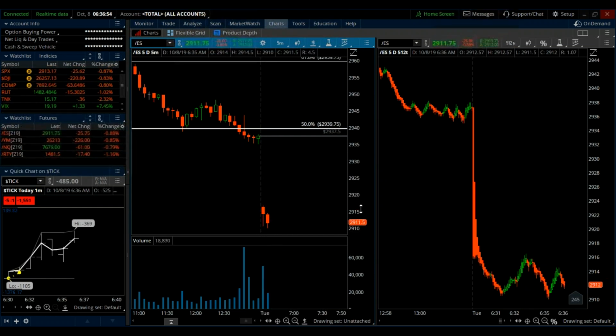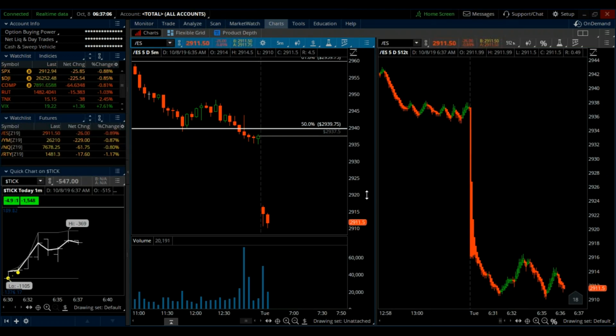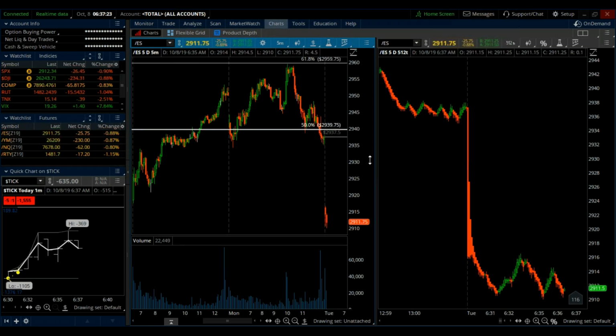So 4 points is a little bit of an arbitrary number, but just from my observations over the years, I find that if I'm going to use a point stop or a 1.5 stop, it's not so much based on the chart. Well, it has to do with the chart, but sometimes it's more important to take your strategy,